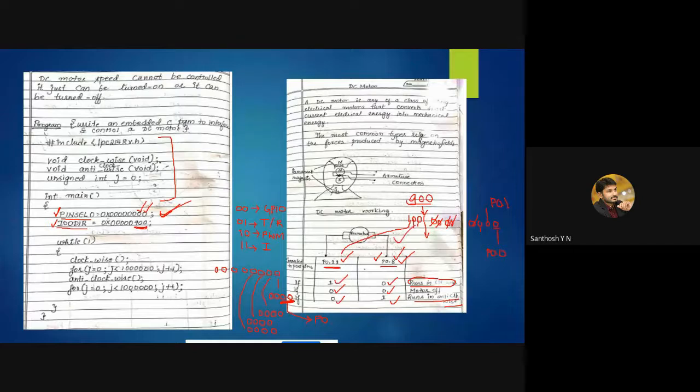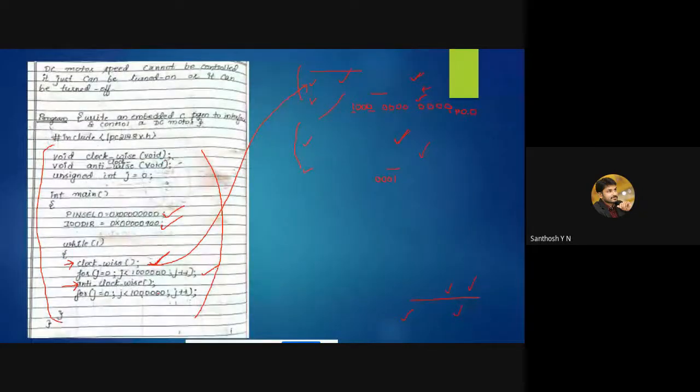The armature has 2 terminals, and one of the terminals is connected to P0.8 and the other terminal to P0.11. If it is 1, 0, the motor rotates clockwise. If it is 0, 1, it rotates anti-clockwise. If both are loaded with logic 0, then the motor will be turned off. Keeping this important point in mind, we write the whole program here, and we generate so many delays by just using our for loops.